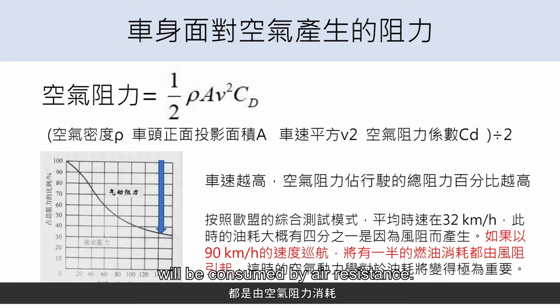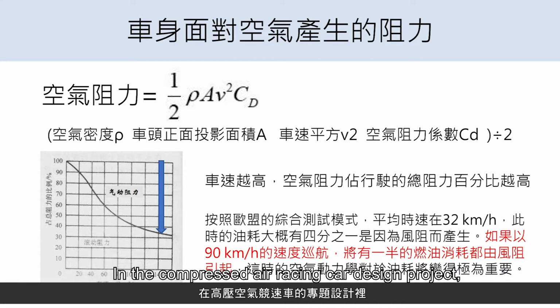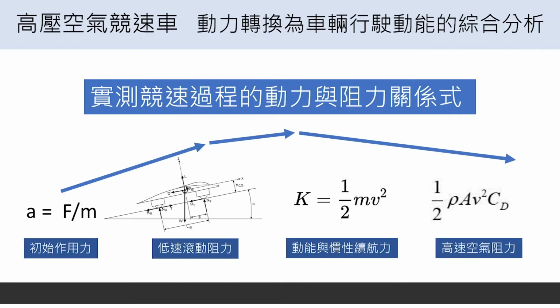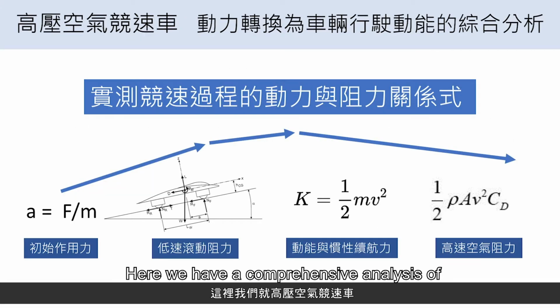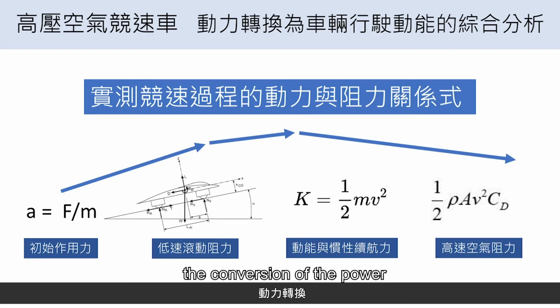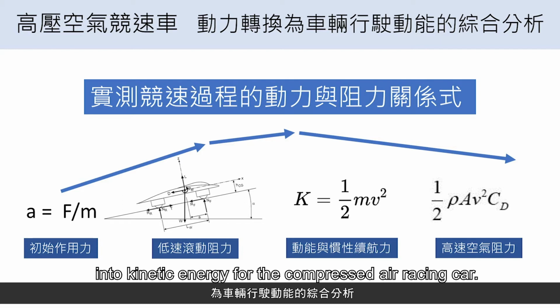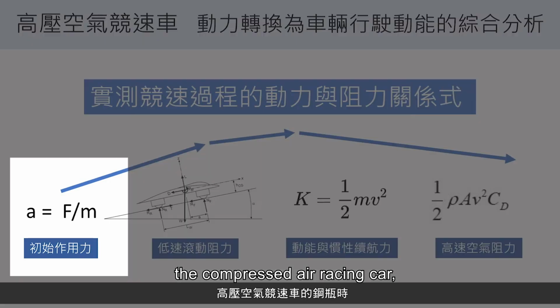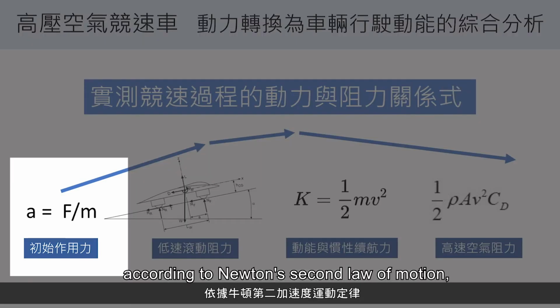consumed by air resistance. In a compressed air racing car design project, the car's speed will be very fast. Therefore, the impact of air resistance on the vehicle design, relatively speaking, becomes more significant. Here we have a comprehensive analysis of the conversion of the power into kinetic energy for the compressed air racing car. When we start the cylinder of the compressed air racing car, according to Newton's second law of motion,